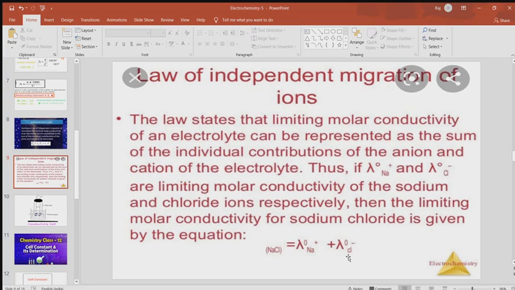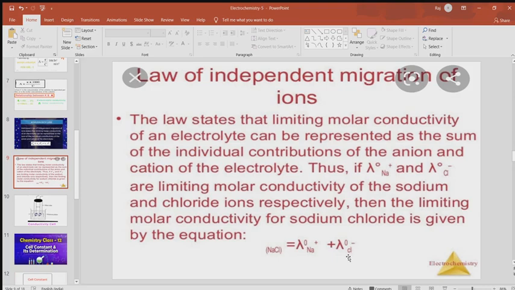Therefore this is Kohlrausch's law of molar conductivity of cations and anions, associated with the number of moles of cations and anions. Applications of Kohlrausch's law: this law can be used to find out the molar conductivity of any electrolyte at infinite dilution or zero concentration,